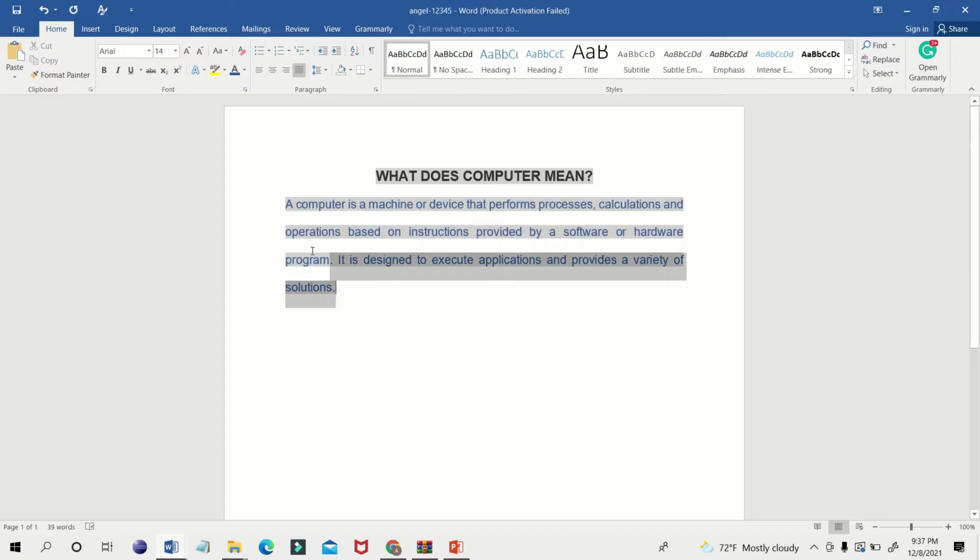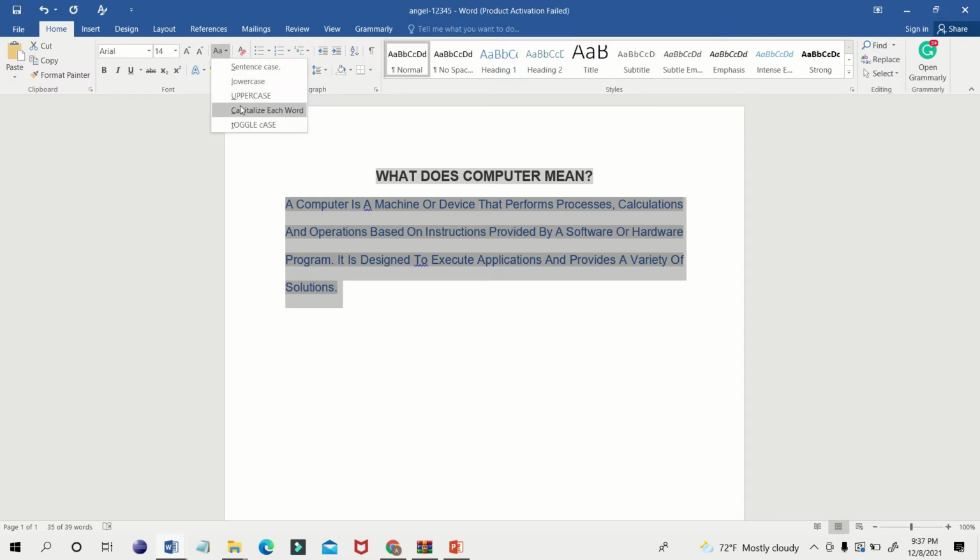Okay, so you can select your paragraph and here you can go to this A and here capitalize each word. So you can click on it. That means every word will be capital letter. See, a computer, is a machine, everything will become capital letter. Okay, nothing, just select it, go here and you are choosing capitalize each word.